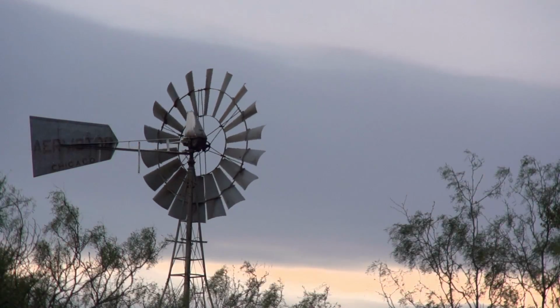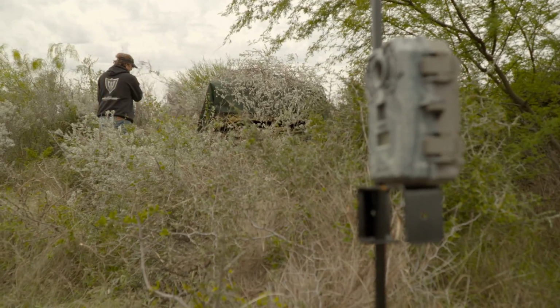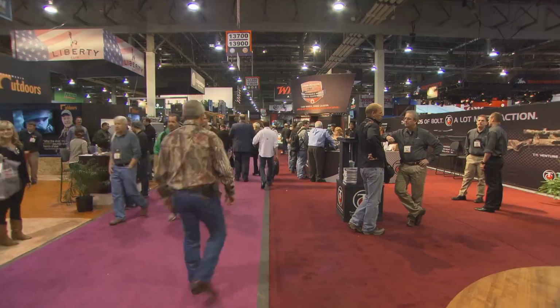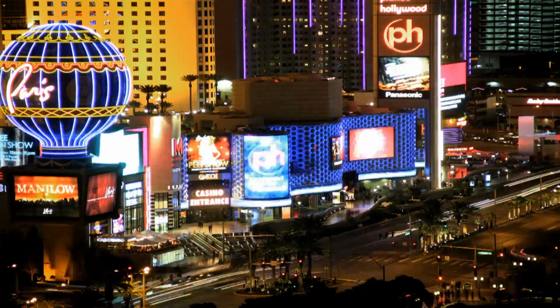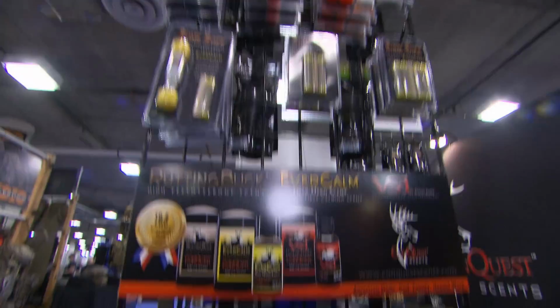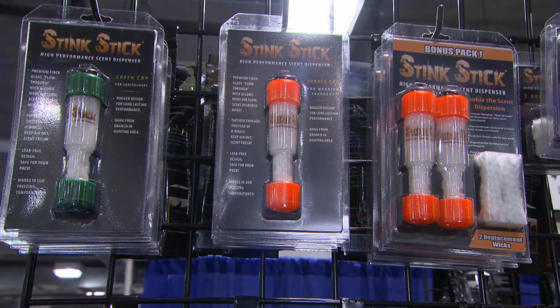Hunting preparation takes plenty of time and deliberate effort to make sure you're in control of as many variables as possible. Here at Deer Gear, our hunting prep began back in January at the annual SHOT Show in Las Vegas. There, we met up with the folks at Conquest Scents, who gave us the rundown on some of their most successful hunting scents. Conquest Scents is a family deer farm in Davison, Michigan, and what we have done is we have come up with the ability to collect real deer scents,